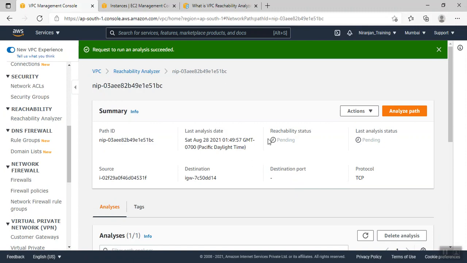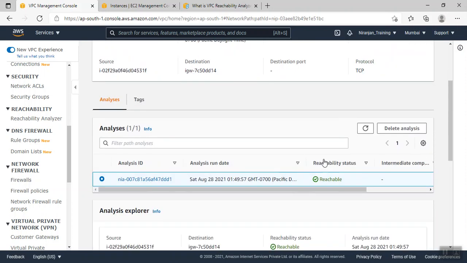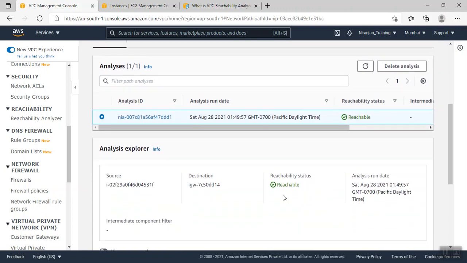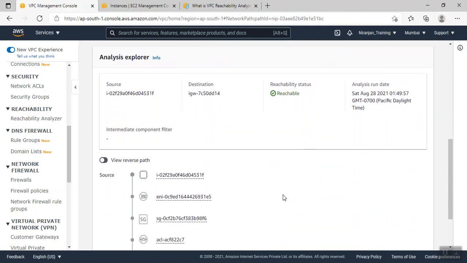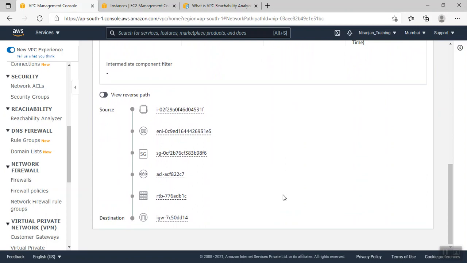It will take some time to come up. The reachability status is pending and the last analysis status is pending. In a few seconds it is going to come up. See, the status is pending, so I'll try to refresh. Now the reachability status is reachable. This output came because the path from the instance to the internet gateway is clear and the configuration was done properly. That's the reason the packet coming from the instance is reaching